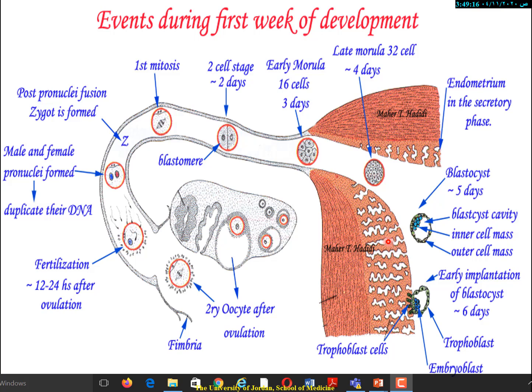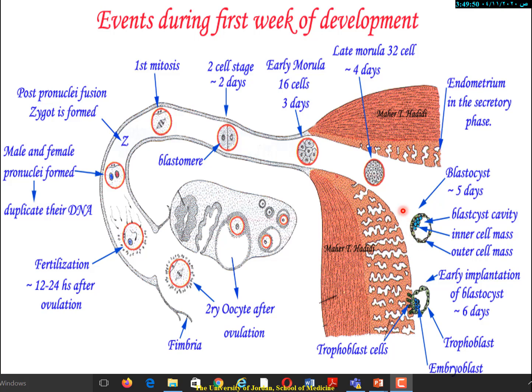So ovulation day 14, fertilization plus 1 day, 15th day of the menstrual cycle, plus 3-4 days to reach the uterus. So we are talking about day 19, 20th of the menstrual cycle, and this is exactly the secretory period. And now we will reach the uterus day 5 of development, of course,